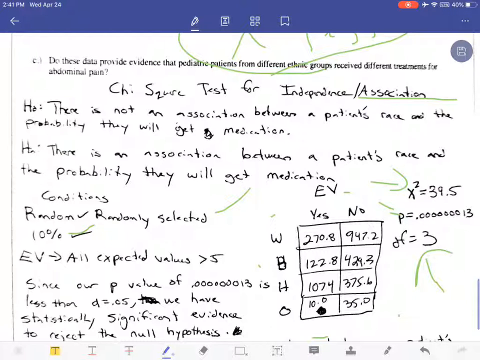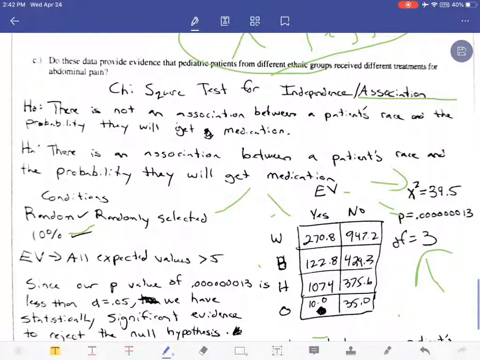The way we get degrees of freedom is you take your number of rows minus 1 times the number of columns minus 1. So we have 4 columns minus 1, which is 3, times 2 rows minus 1, which is 1. So 3 times 1 is 3. That's how we get our degrees of freedom. All right. So then we move on to